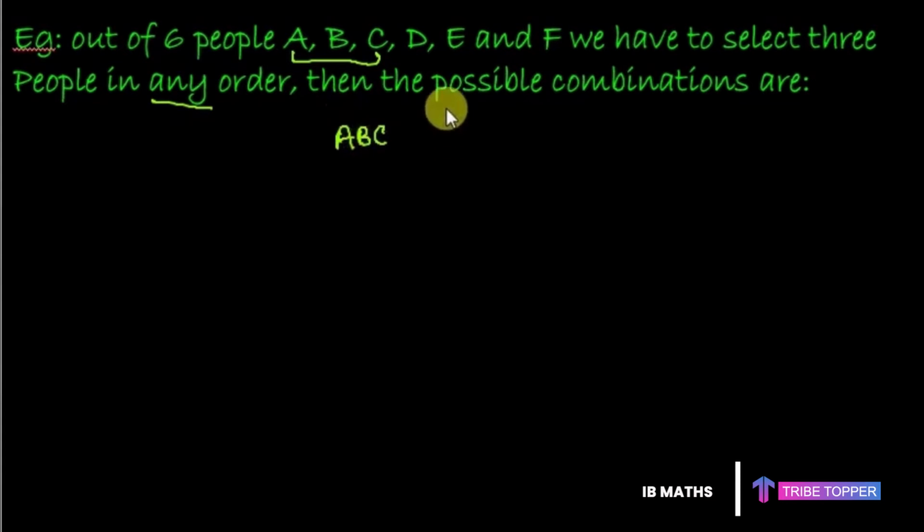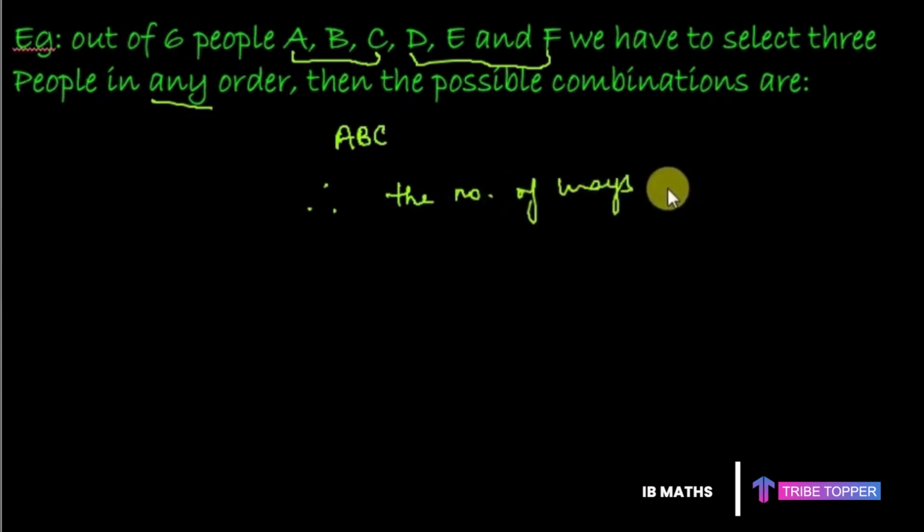And similarly you can select D, E, F or any other 3 people in any order. So the number of ways to select 3 people out of 6 is just